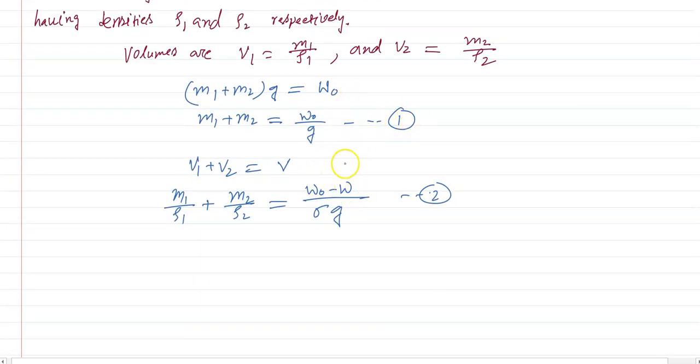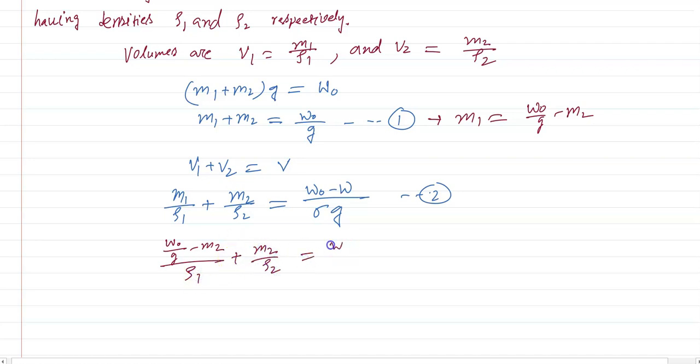By solving these equations, we have all known except M1 and M2. W naught is known to us, W is known to us, rho 1 and rho 2 should be known to us. Then we can calculate M1 and M2. So by solving this, if I take M1 from here as W naught by G minus M2, then put this,